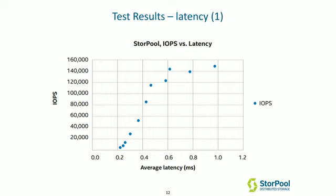It also scales with the number of applications you have running on this cloud infrastructure. So here we've measured latency versus IOPS. On the one side, we start pushing the system to do more and more requests, and we measure how the system latency will change. You can see this system starts with about 200 microseconds of latency, up to about 100,000 IOs. So you start hammering it with IO, it's still about 400 microseconds,